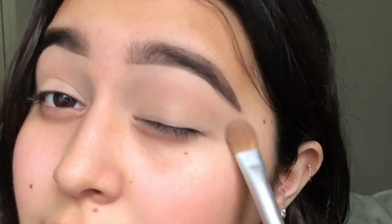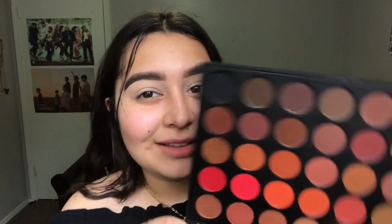And voila, like that, your eyes are primed. So I'm just gonna go ahead and set my eyelids. I'm gonna be using the MAC Patrickstarrr powder. I'm going to be using the Morphe 3502 because I don't think I've used this in a video yet. Don't quote me, I don't remember. And then it's really...